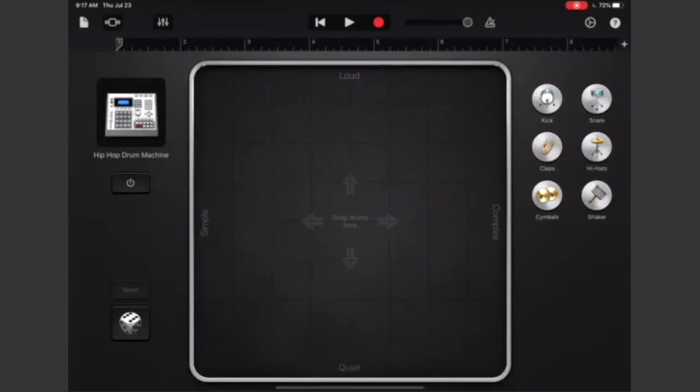I'm going to point out that you've got loud at the top, quiet at the bottom, simple on the left, and complex on the right. So you could drag in instruments.